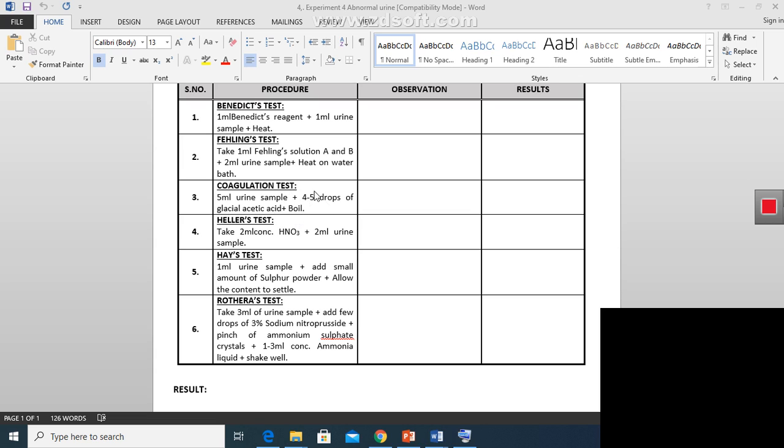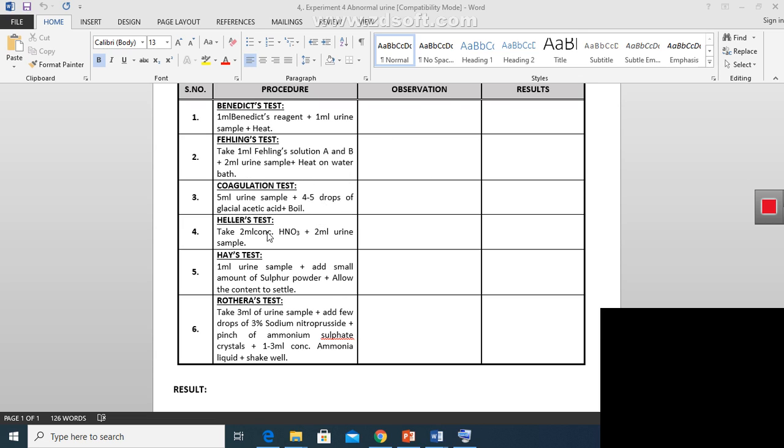ठीक है. तो यहाँ पर सिर्फ लिखा है कि बॉयल करना है. यहाँ पर ये नहीं लिखा कि हमें हीट करना है और वो भी वाटर बाथ में करना है. देयर इज़ अ रीज़न ऑफ दैट. ठीक है. इसको डायरेक्टली हम बर्नर पे बॉईल करेंगे. We will not be using a heater or water bath here.